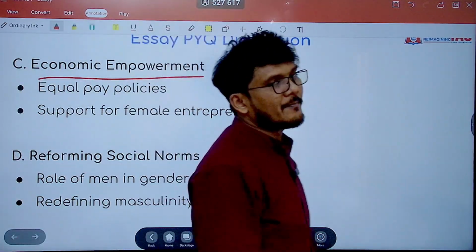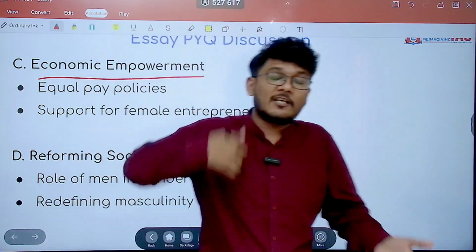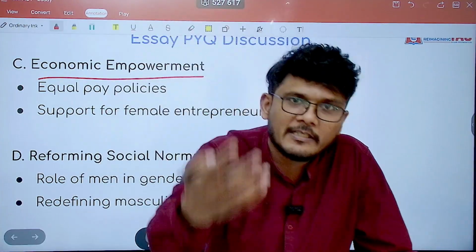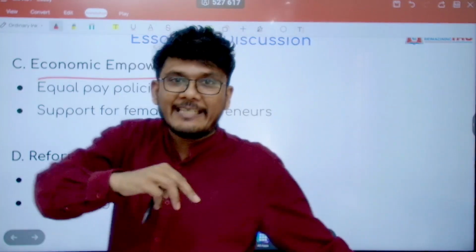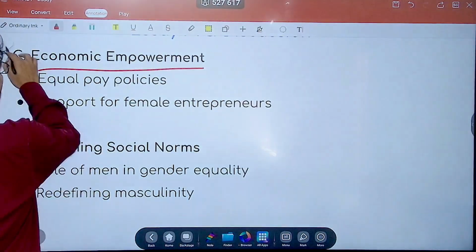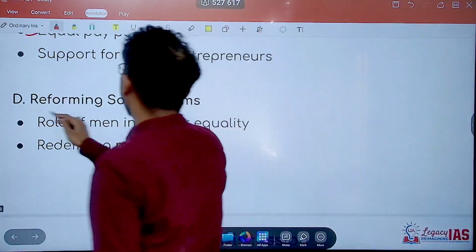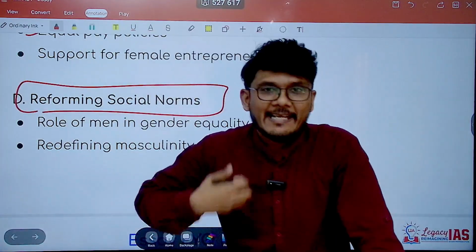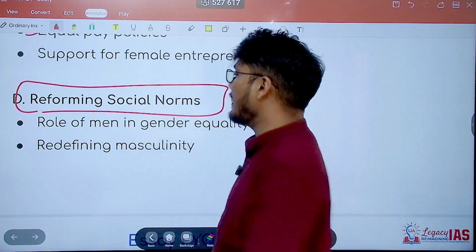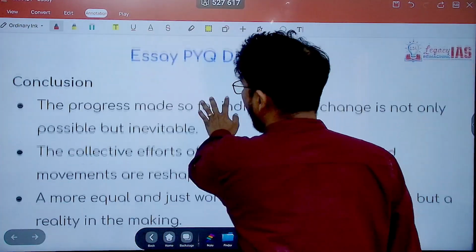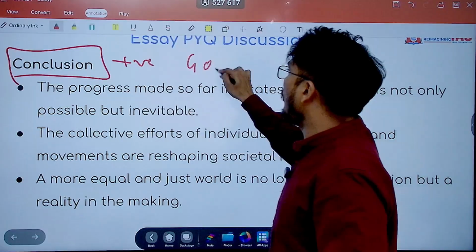Economic empowerment is very much required. See, if a woman is not empowered and she is facing domestic violence, she does not even have money, she cannot even walk out of the house. Because if she does, where will she go? Where will she live? How will she survive? But if she is economically empowered, she can anytime walk away from the miserable marriage as well. So economic empowerment is also very important. And of course, reforming social norms, wherein the society itself tells you that this particular thing is not a female's responsibility alone, but the males should also be responsible over here. And then you finally conclude, as we discussed, on a positive goal-oriented role.